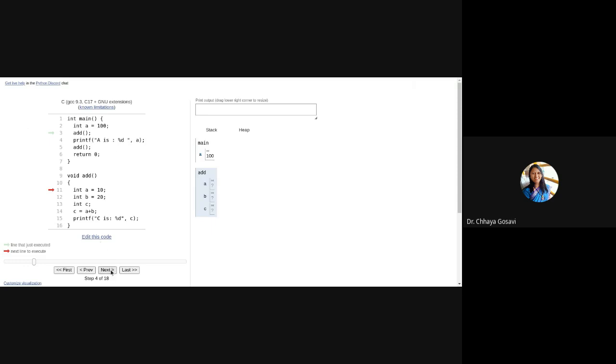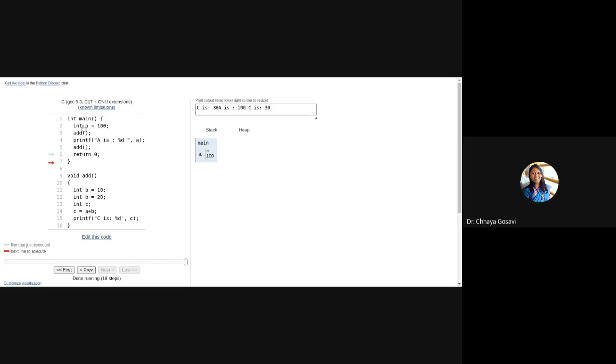So it will take values 10, 20, 30. When you return from this function, memory allocated for A, B, C will be deallocated. You'll come back and variable A is still 100. It will be printed and you'll call the add method again with new numbers.